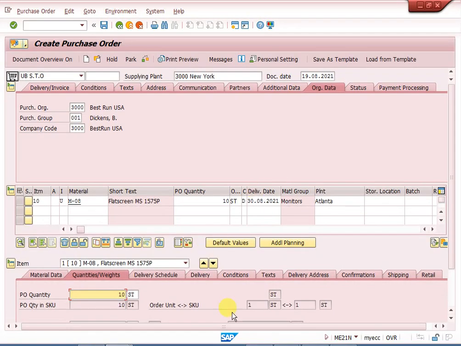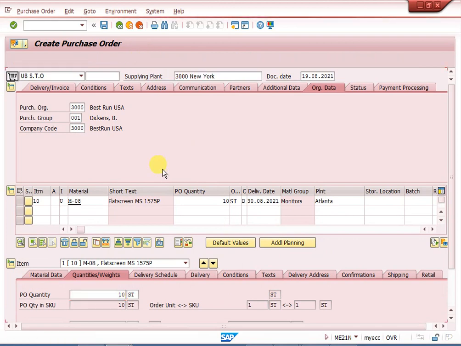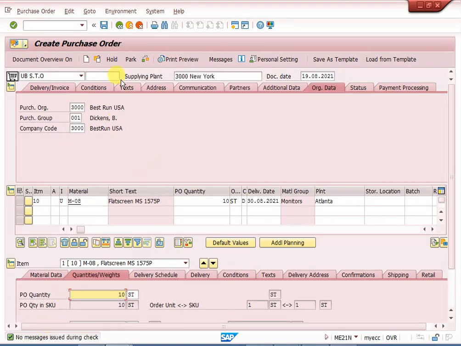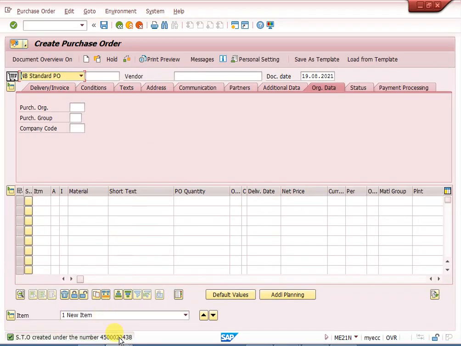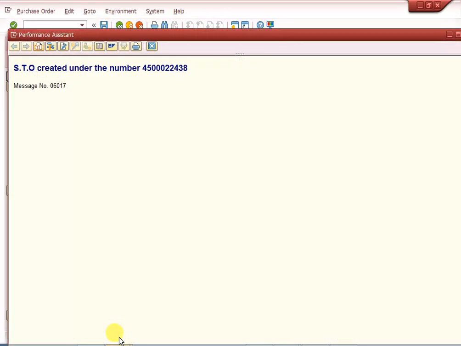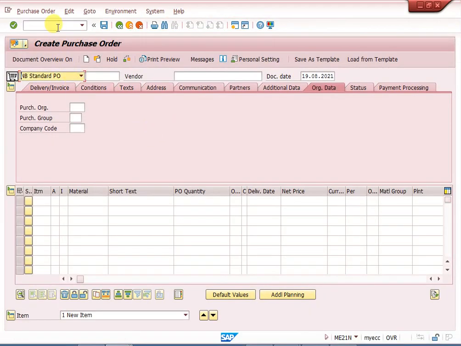Now everything is okay. Check here: if there is an error, the system will show you errors, otherwise it will be okay. Everything is good. Save it. My purchase order is created, number 438.